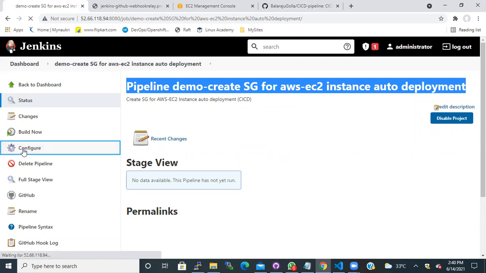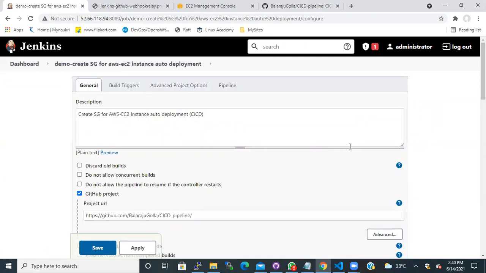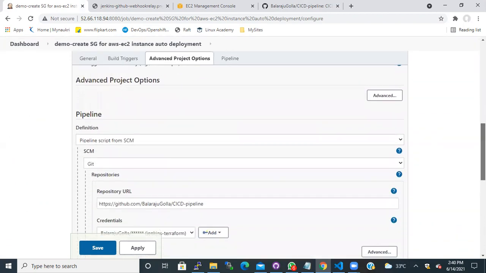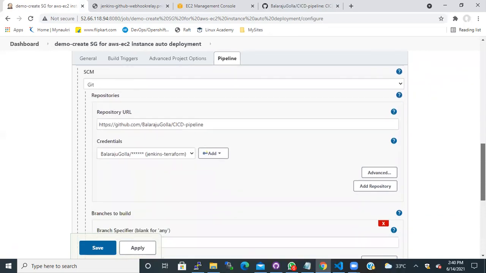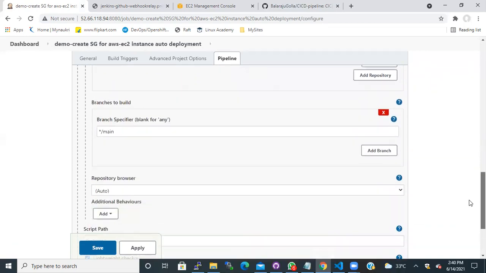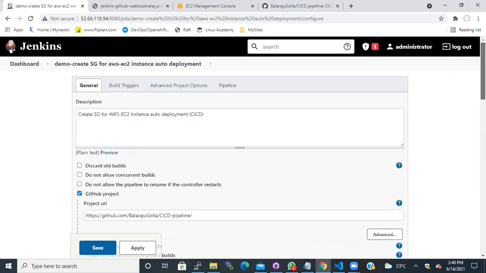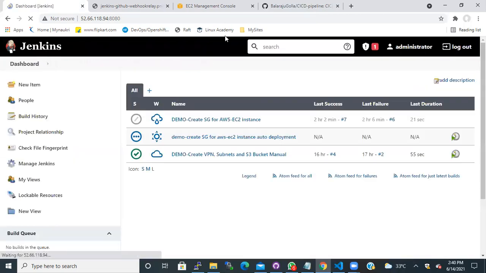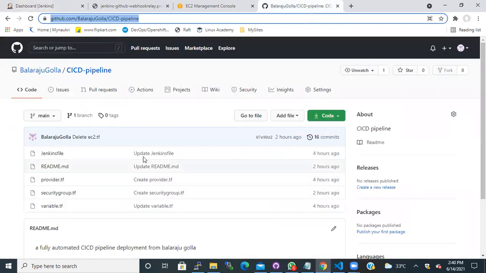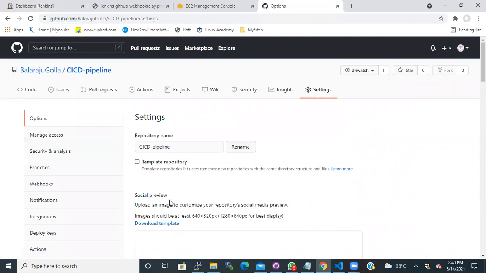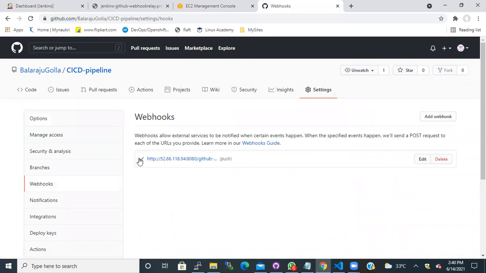And let me just go back and cross check that I have everything. GitHub project, Git hook trigger, pipeline script from SCM. It's the main branch, browse repository, and the script path that we have given. And then I have already set up the webhook and it is healthy. Yeah, it is healthy.